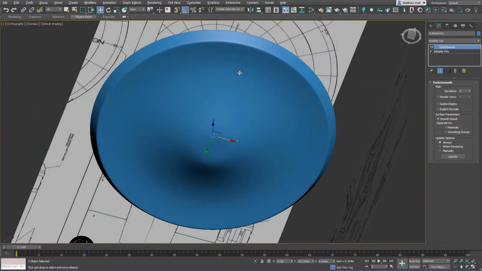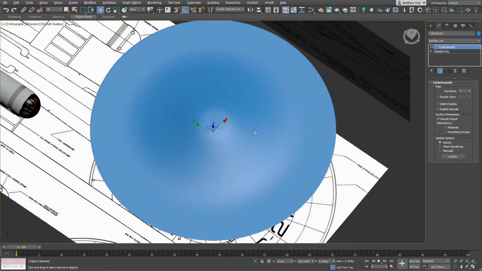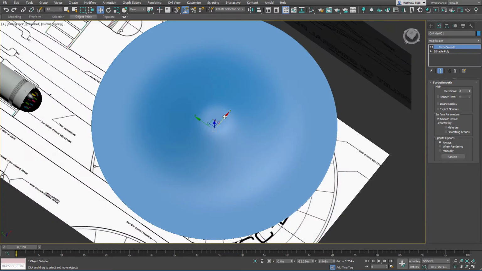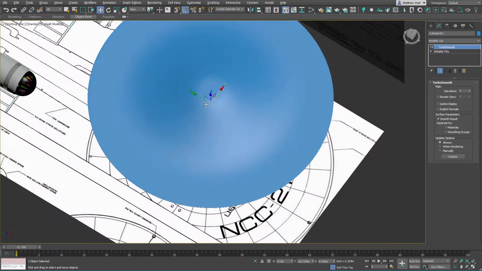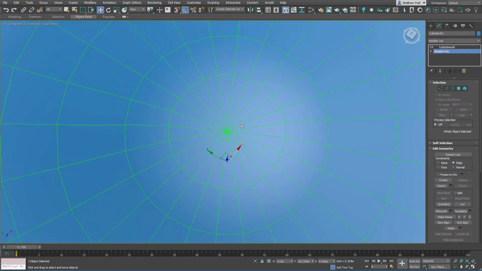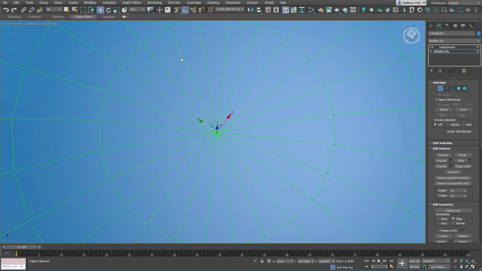Starting to look like a spaceship. I know I say that a lot, but I always get happy when that happens. And what I want to do now is, you see how we get this weird pucker going on at the top? I want to get rid of that. I know it might be covered up by this sensor dome thing, but I don't like that at all on my models. So how I cure that is I chamfer this, because you see it's all triangles right here, and